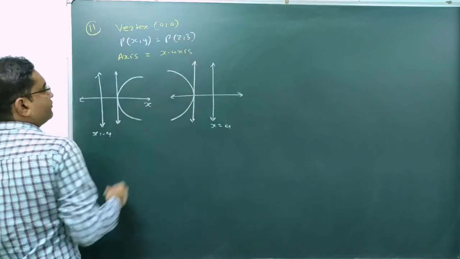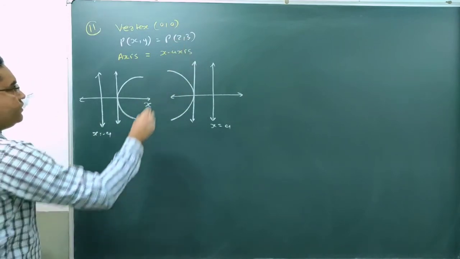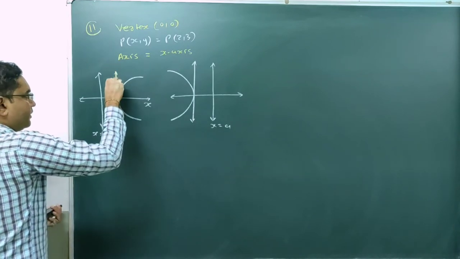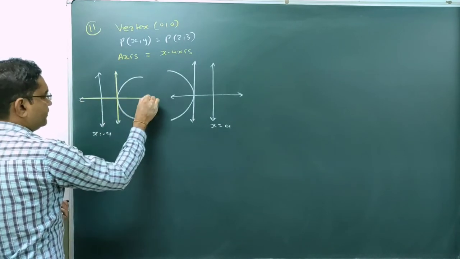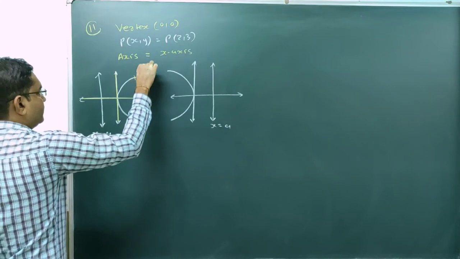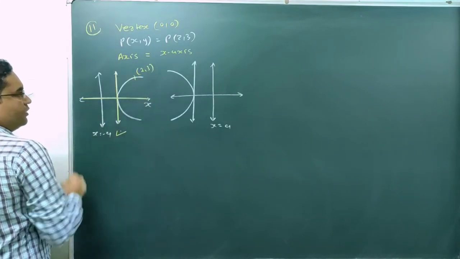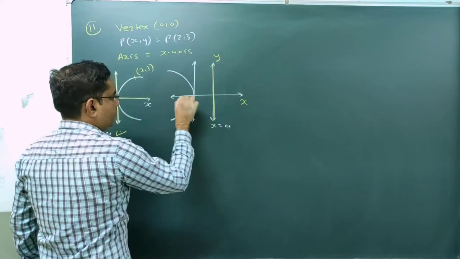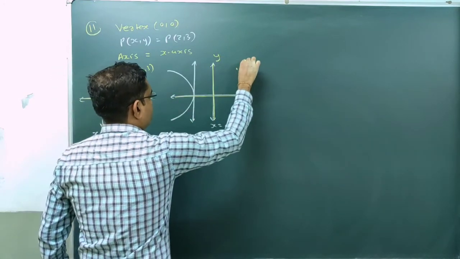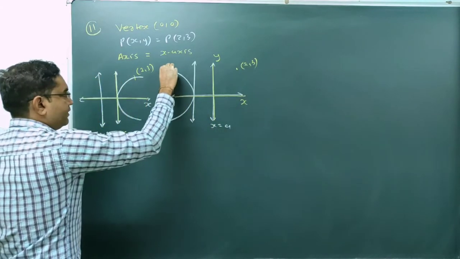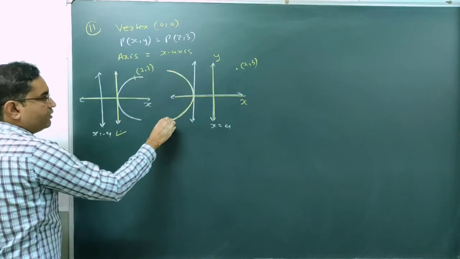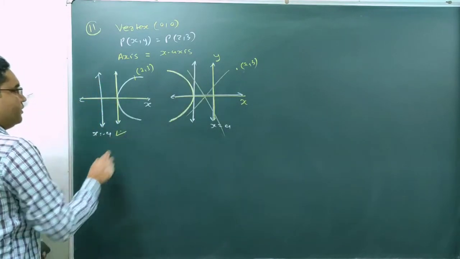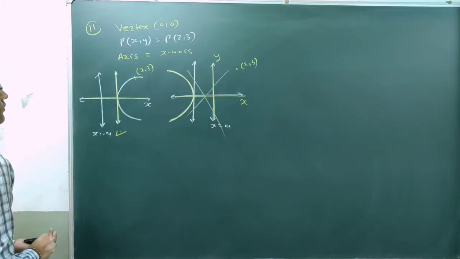Parabola is passing through this point (2, 3). अभी देखो (2, 3) कहाँ पर होगा, (2, 3) होगा first quadrant में. ये हमारी y-axis, ये हमारी x-axis, और (2, 3) होगा ये first quadrant पर. तो ये rightward parabola (2, 3) से पास होगा. और यहाँ पर बात करें ये y-axis और ये x-axis, है ना. और ये first quadrant (2, 3) होगा यहाँ पर. तो देखो, can this leftward parabola pass through this point (2, 3)? No, तो ये केस नहीं है. आ गया समझ में कौन सा पैराबोला है. This is the equation of rightward parabola.